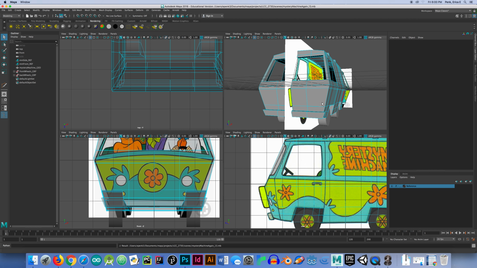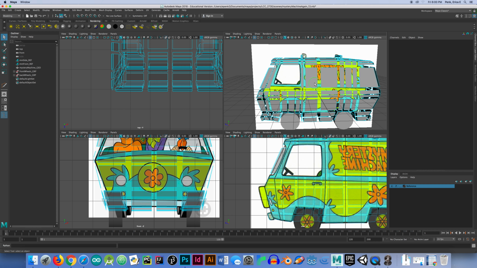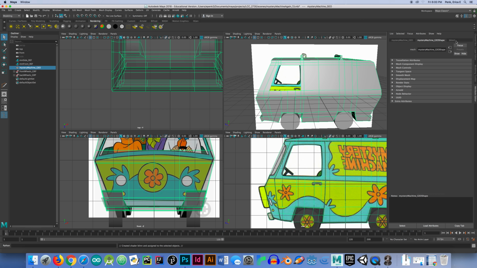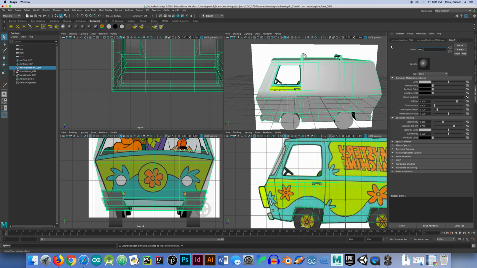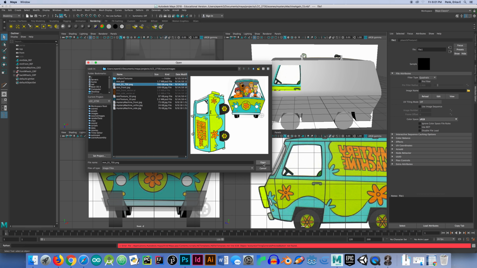So I'm done modeling. I have my mystery machine. I'm going to go into object mode. There we go. Thank you. And let's apply a blend material, that second little sphere over here, and call it mystery machine material. And but first we can use this texture,